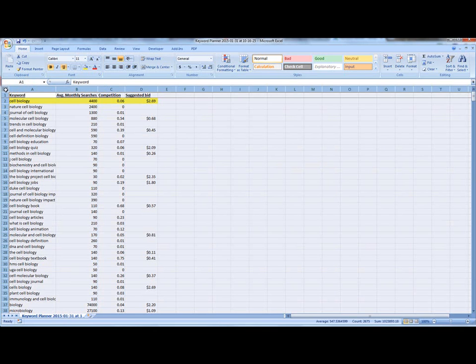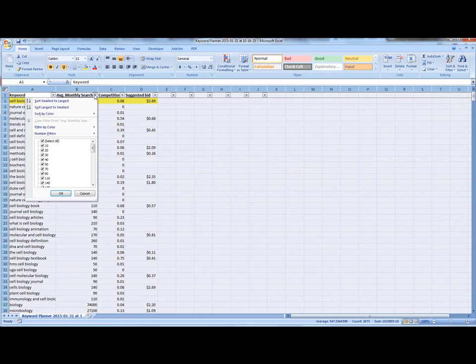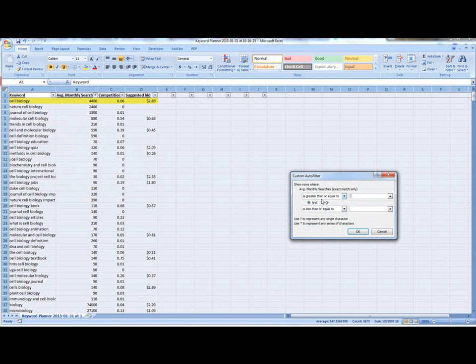First thing we're going to do, we click on this box, highlight everything. We're going to filter out some numbers. First thing we want to filter out is things that don't have a high search volume. We want people searching for our keywords. So if you go here to number filters, we're going to filter, when I hit between, we want to filter for something that gets more than, let's say, 800